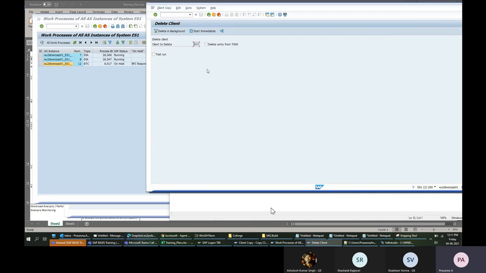The other option is I can schedule it. Scheduling it means I define, so this is the process I want to do it daily at 7 o'clock, and I can forget about it. So every day without you even logging into the system, when the time comes, if I schedule it at 7 o'clock, the system automatically will trigger that process and run that process and it will generate that report. This is the concept of background processing.